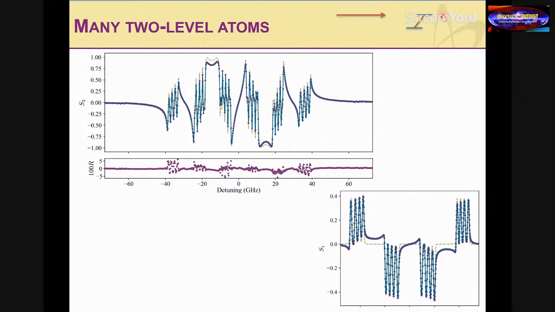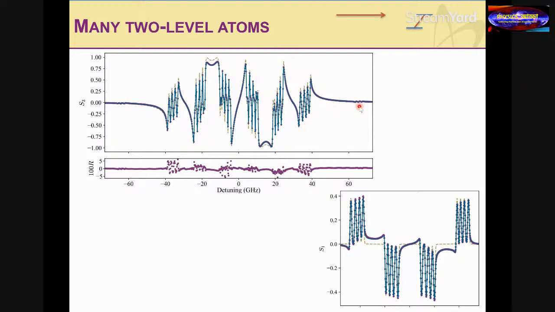And then we also looked at the rotation of the plane of polarization of light coming through our strong magnet. And here's our prediction for S1. And again, theory and experiment show excellent agreement. You get a large amount of rotation in the presence of an atomic resonance. And here's that theoretical prediction